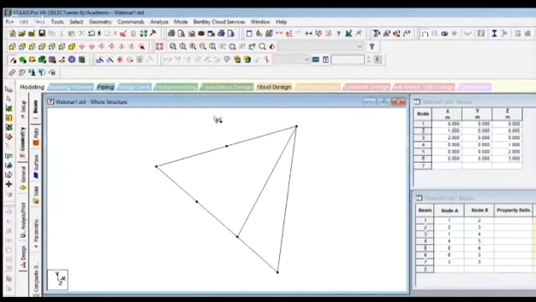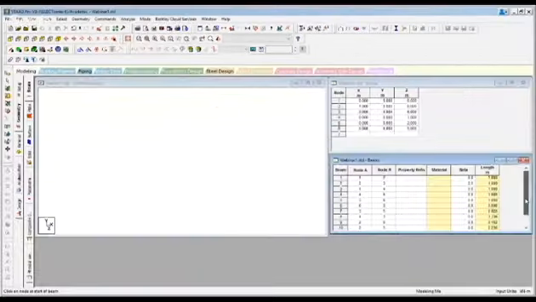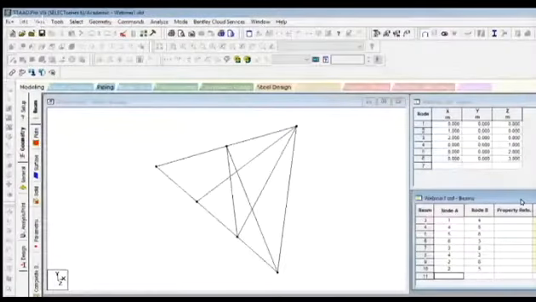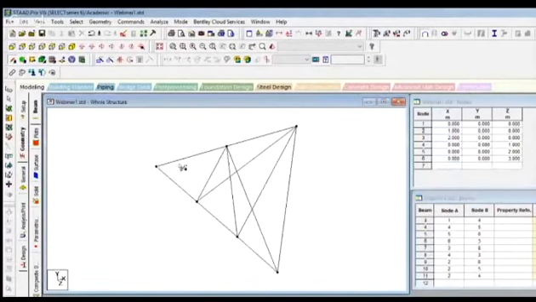I'm simply adding the beams by clicking on two nodes. As soon as you add the beams by the add beam command, you can see the difference in the beam table. In the beam table, the number of members is also increasing. So you have created some kind of planar geometry.